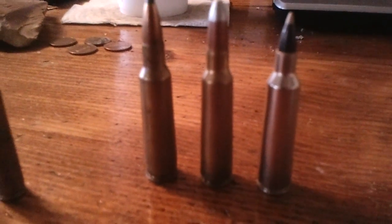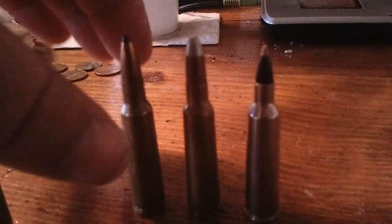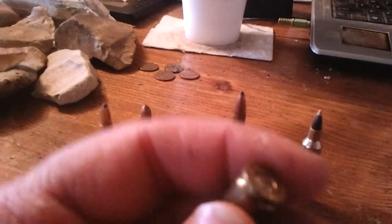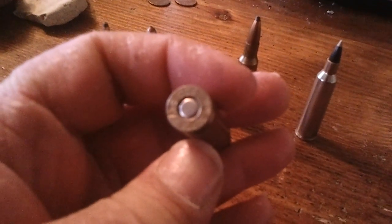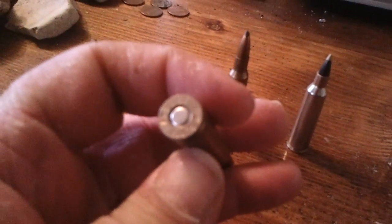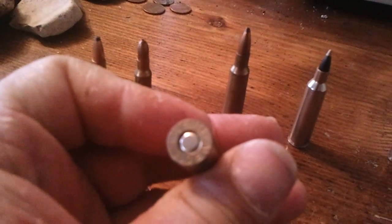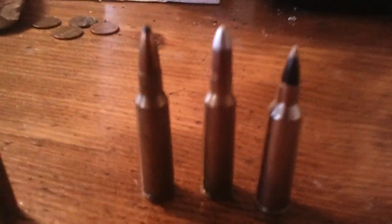I guess because of the name. It sounded foreign, I guess. And so they kept everything the same, but they changed the name to the 250 Savage, which is this one. It's the same exact caliber, interchangeable rounds. Let's see if it'll zoom in here or focus. .250 Savage. Anyway, you can shoot either through the same rifle, but they just renamed it, and it got